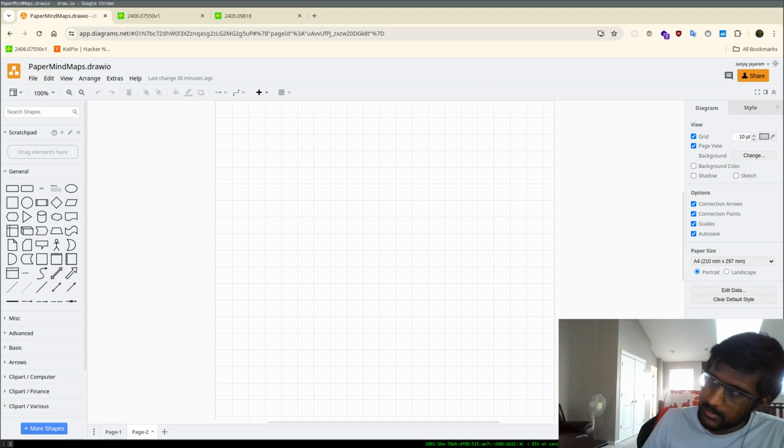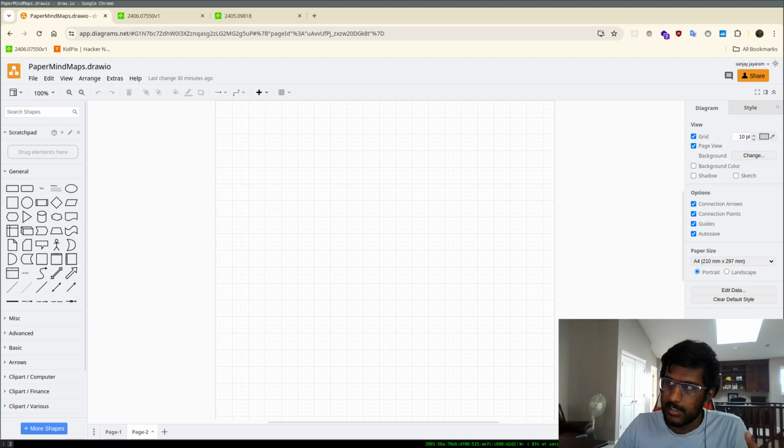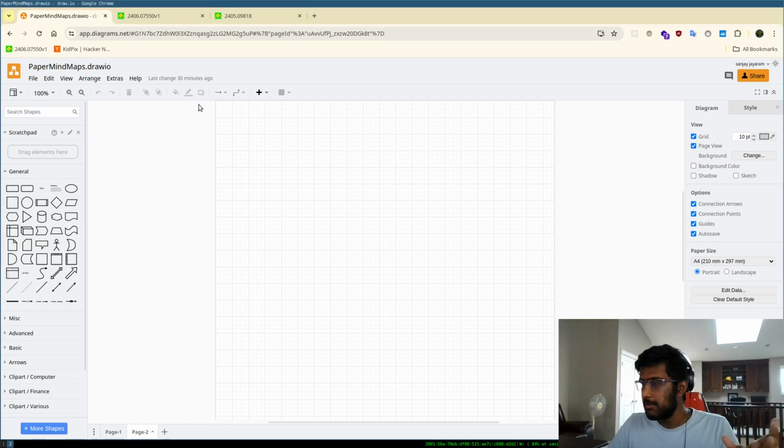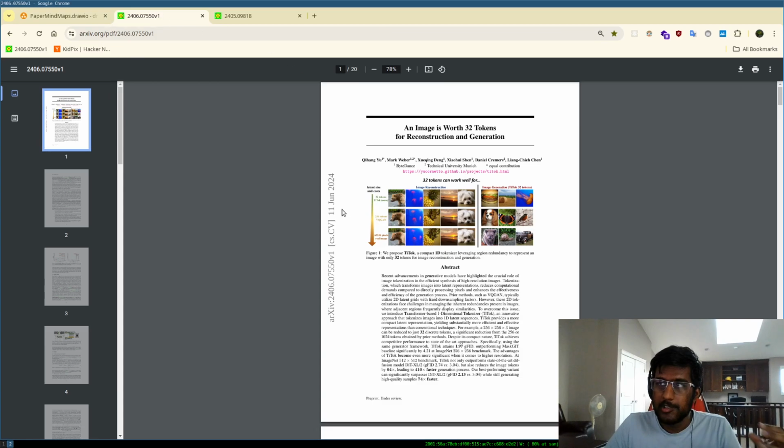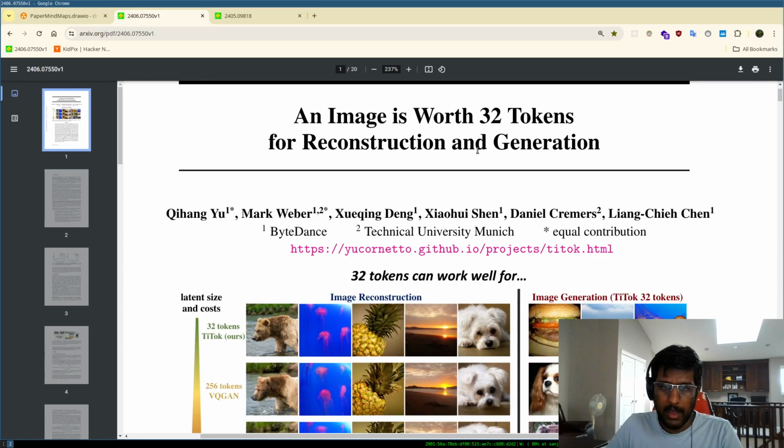Okay, so now it's time to actually start the stream. So basically, I'm just going to continue from the stream yesterday, where we were talking about vision transformers, so an image is 16 by 16 words. Today I'm going to go more on the paper, images with 32 tokens,